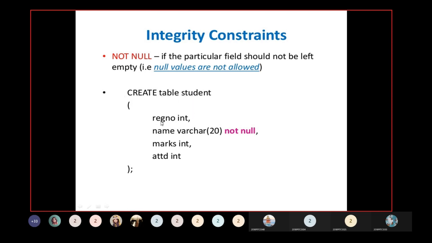Here we use the register number, which should be an integer, and the name, which should be a varchar, and here we use the not null constraint. The marks should be an integer and the attendance should be an integer. Why are we using not null here? This field should not be empty when you are inserting the value.